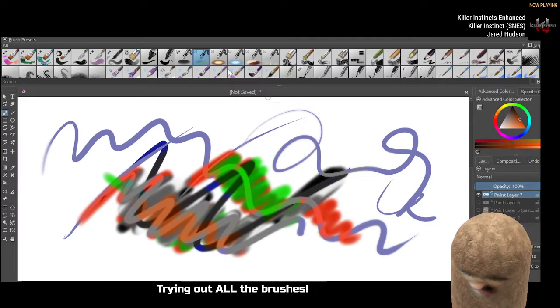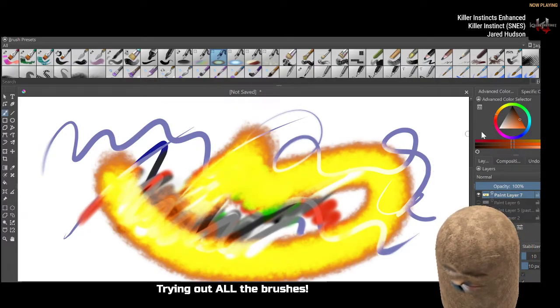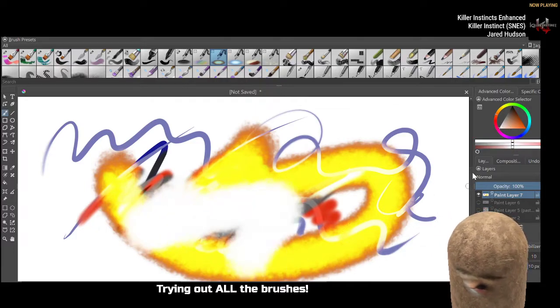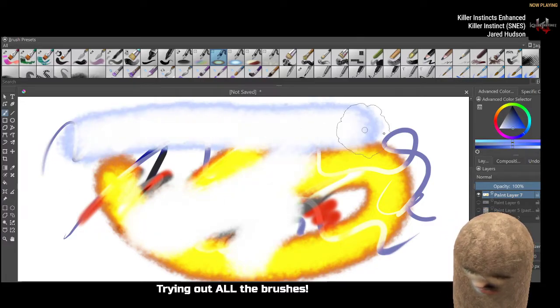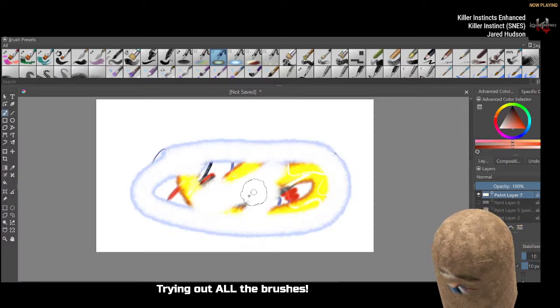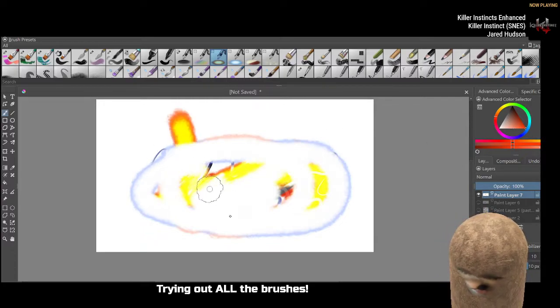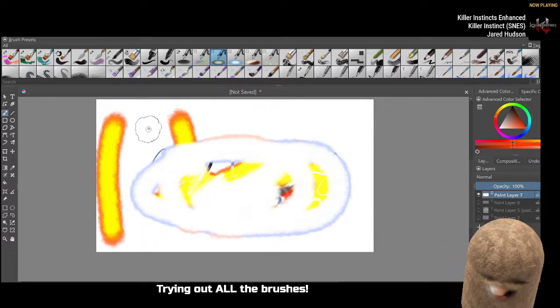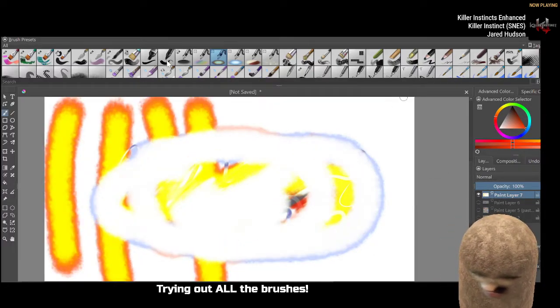I'll try you out. FX explode, what? Oh, it's just like a fiery explosion button? So I want blue explosion. That's, yeah, I think... No, it's actually... Okay, so on an empty canvas, it does a full explosion, but if you try and explode on top of an already existing color, let me